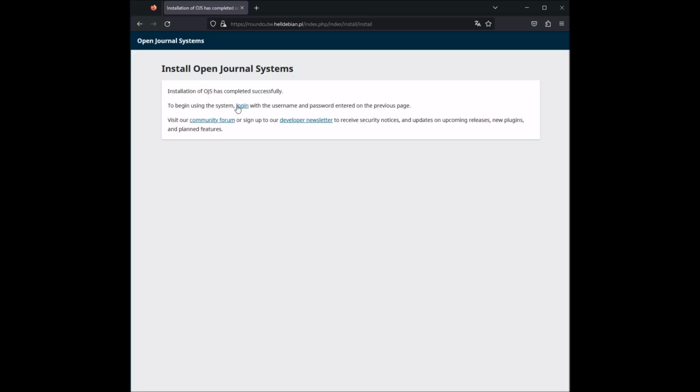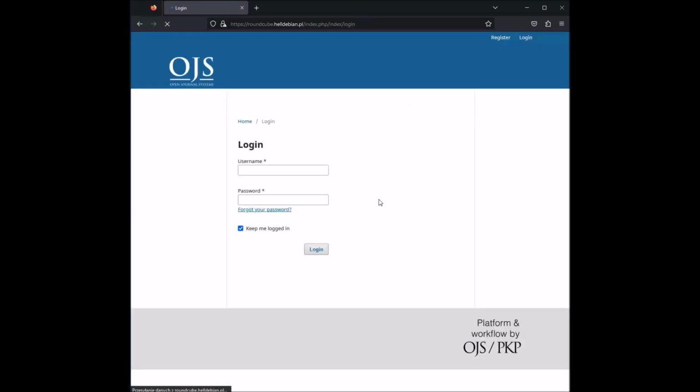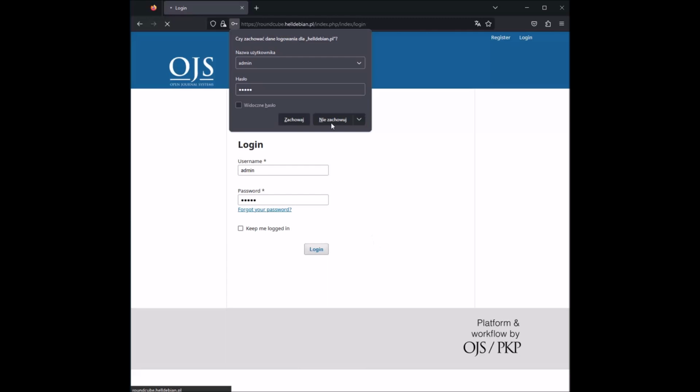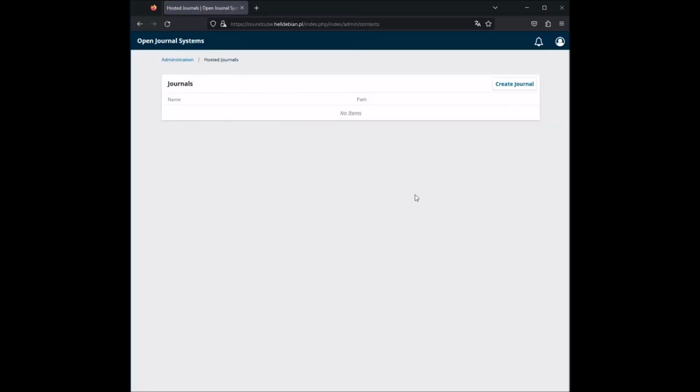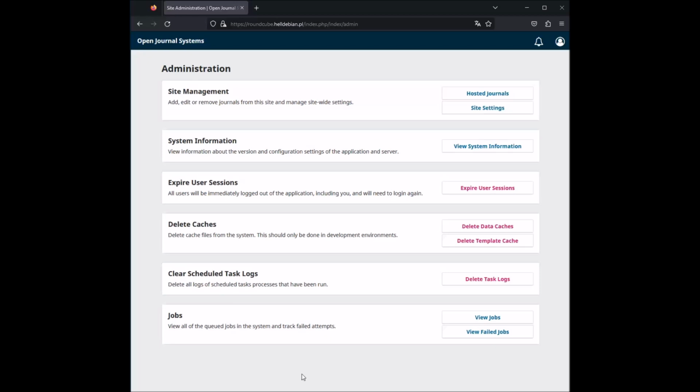And there we go, installation of OJS has been completed. Now we can log in. And there we go, go to administration, and here is your Open Journal System installed. Okay, so after installing the OJS and securing it a little bit from the server side,